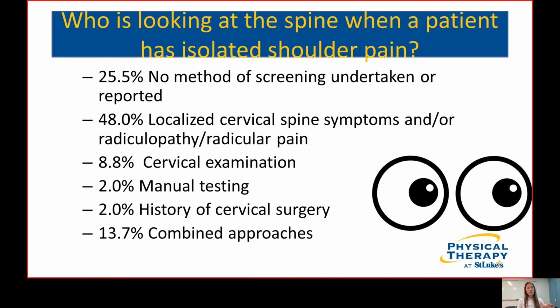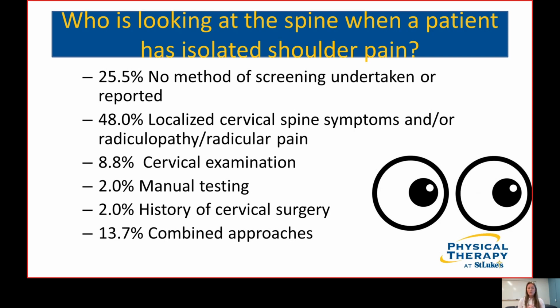If you break it down, they found that if a patient walks into your clinic with a diagnosis and a prescription of subacromial shoulder pain, 25% of therapists are not looking at the spine. Okay, the same patient walks into your clinic, and not only do they have this isolated subacromial shoulder pain, but they also have symptoms in the neck or radiating down the arm. 48% of these clinicians are looking at the spine in that case. 52% are still not. Nope, you came in here with this referral for this symptom. We're going to look at this issue.